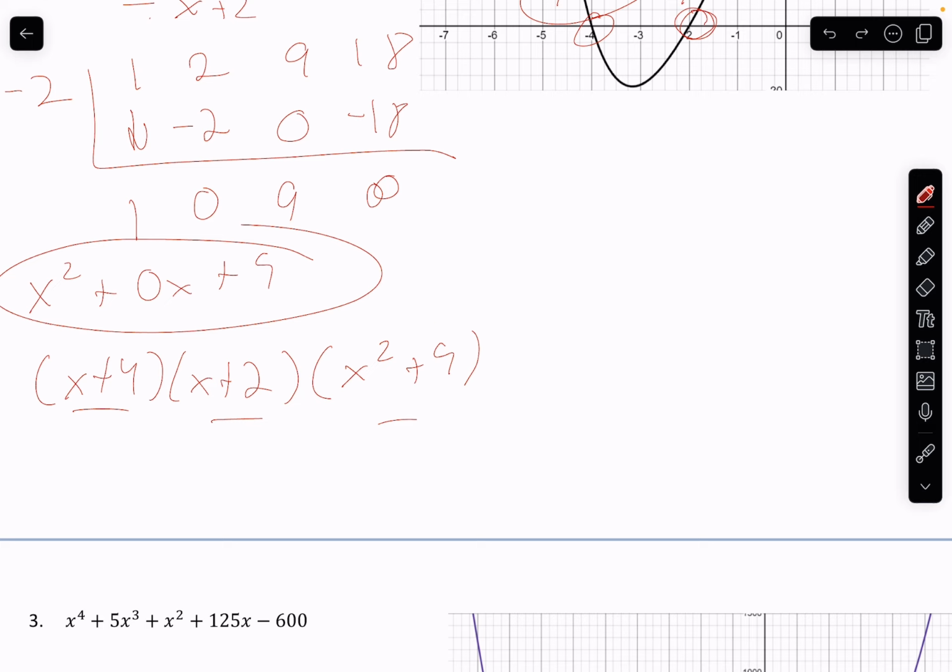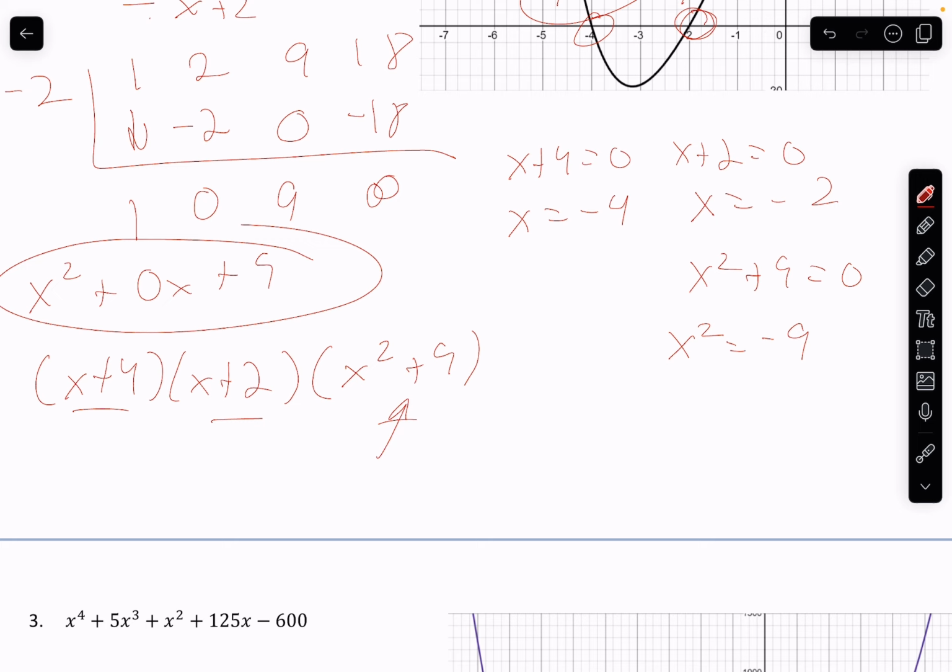He's not a difference of squares, right, because he doesn't have that minus sign, so we can't factor him anymore. So at this point, we can just go ahead and set these equal to 0. So we get x plus 4 equals 0, x plus 2 equals 0, and x squared plus 9 equals 0, all right? So we end up with x equals negative 4, x equals negative 2, and we get x squared